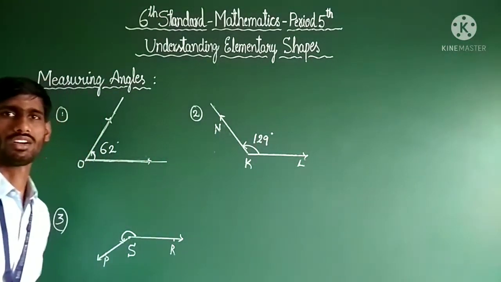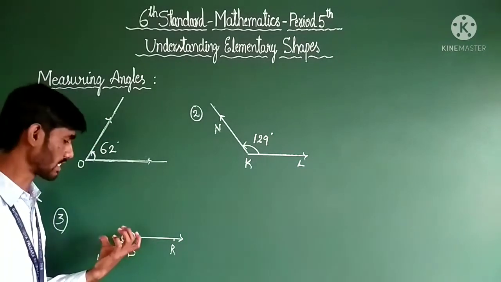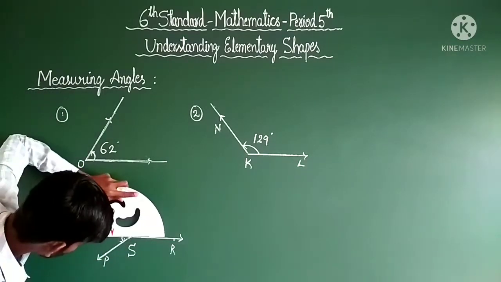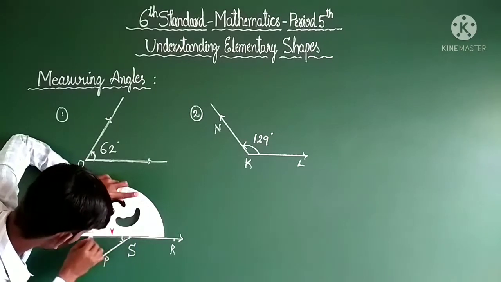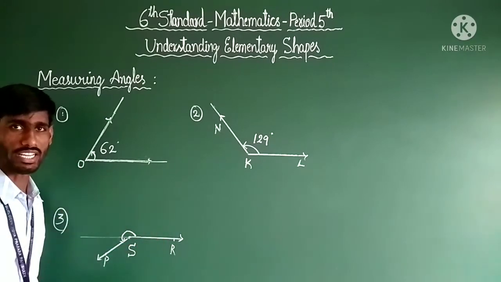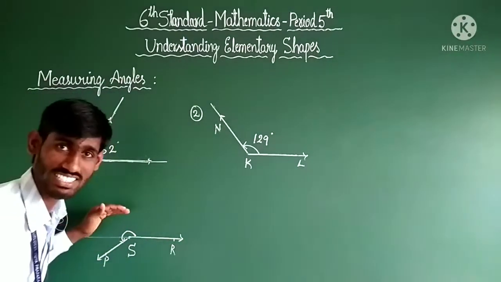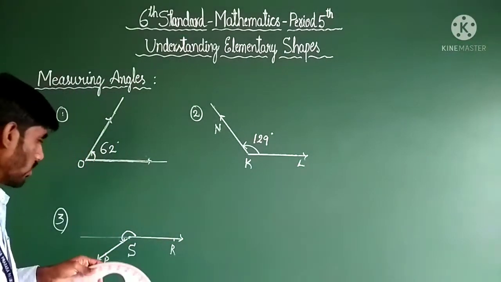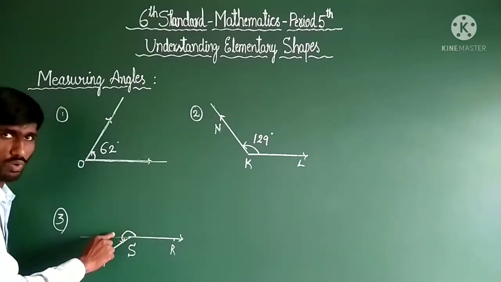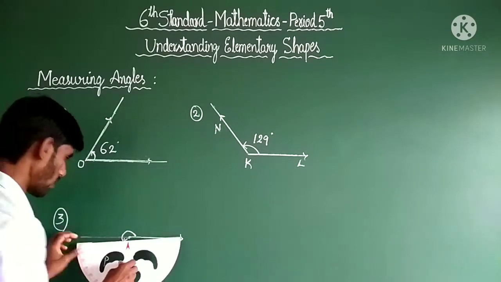129 degree. Okay? Next. See, this is the reflex angle because it is greater than a straight angle. Just imagine, let us draw a normal line. Imagine this is the straight line. The straight line is 180 degree. The protractor is able to measure only up to a straight angle, but this angle is greater than a straight angle. So let us find out the extra part first. Up to here is 180 degree. How much extra, dear children?